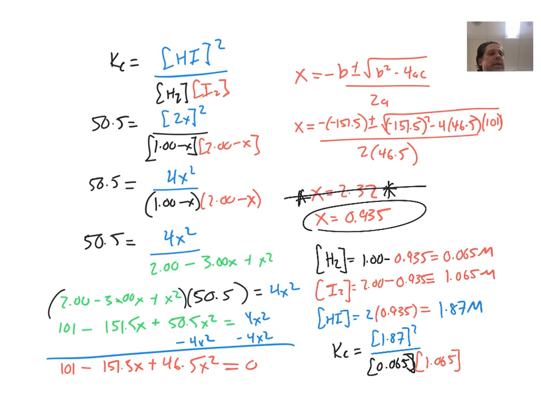If I take 1.87 squared divided by 0.065 divided by 1.065, I get a Kc value of 50.5. Congratulations, you've done this. Your homework